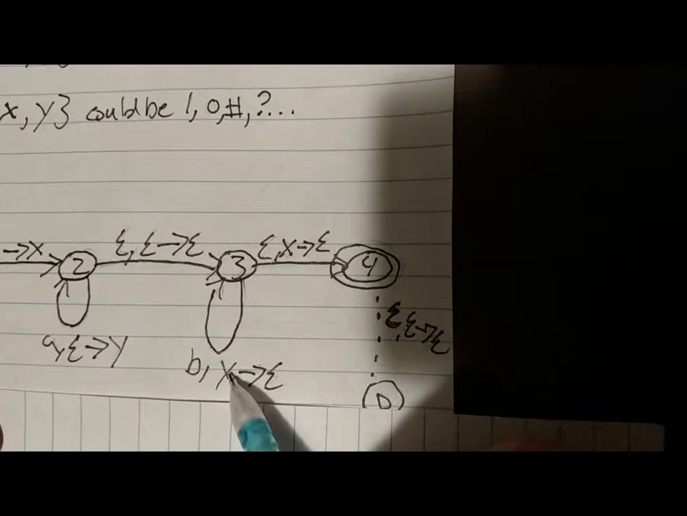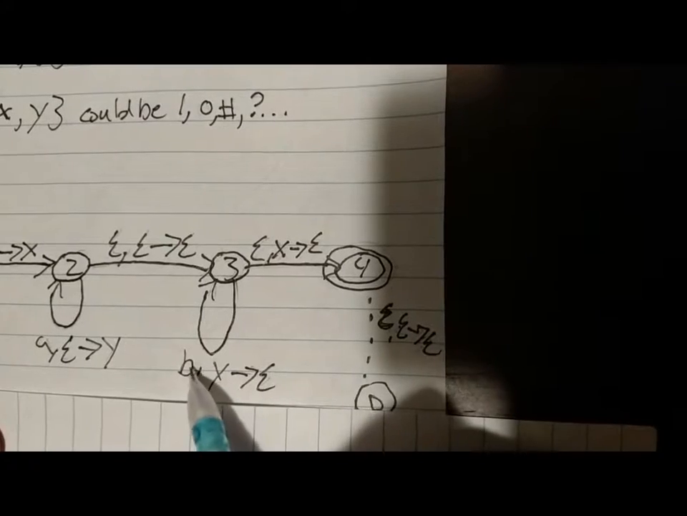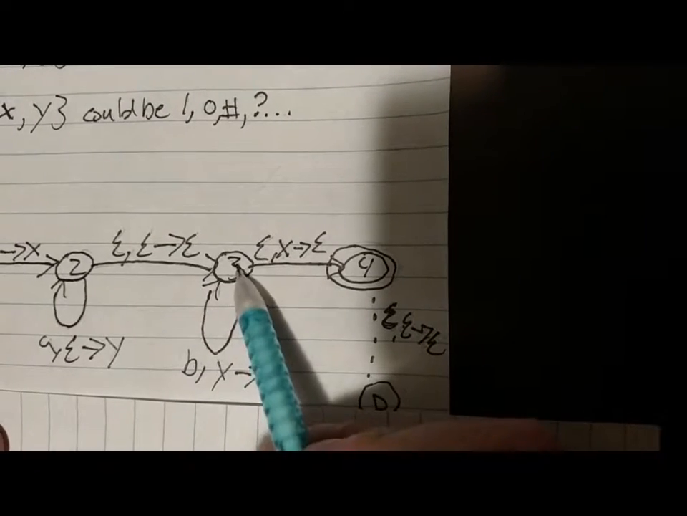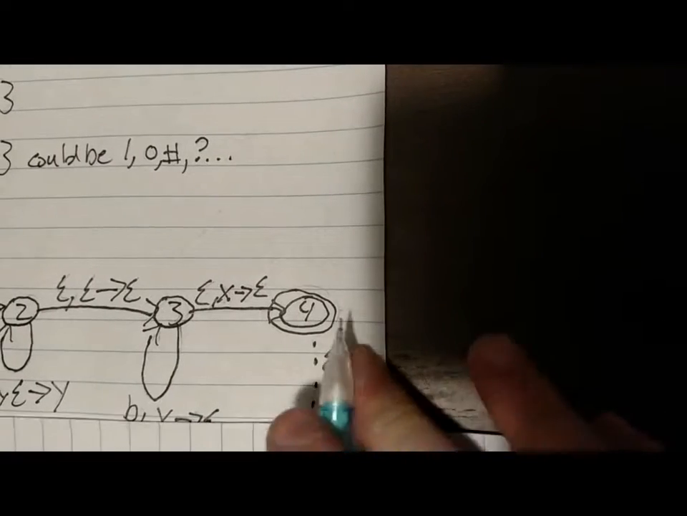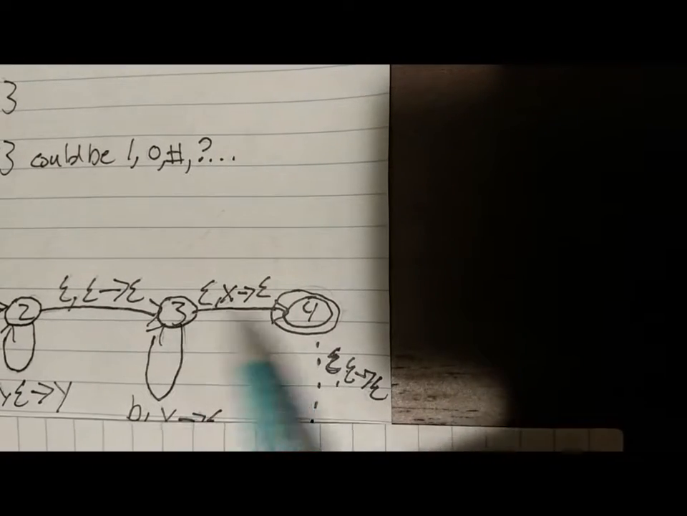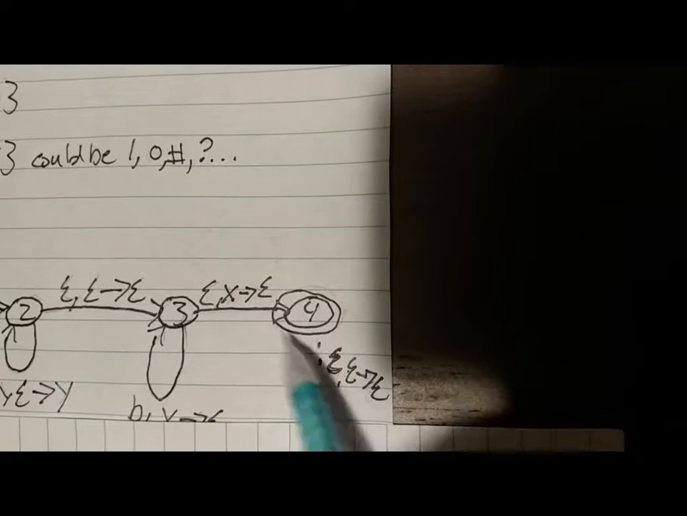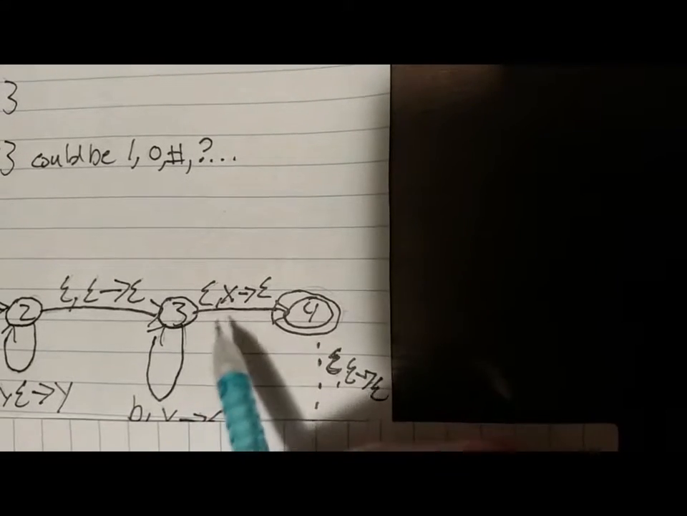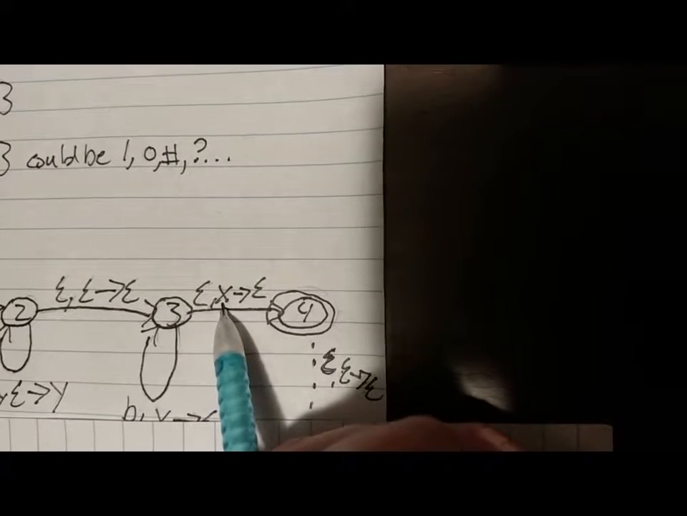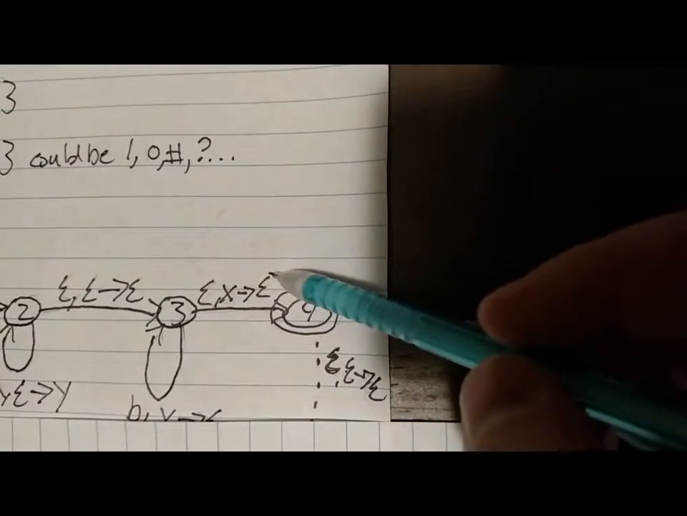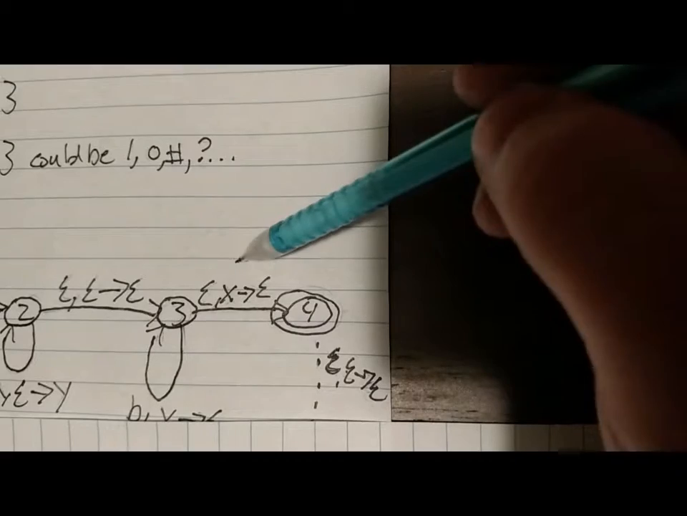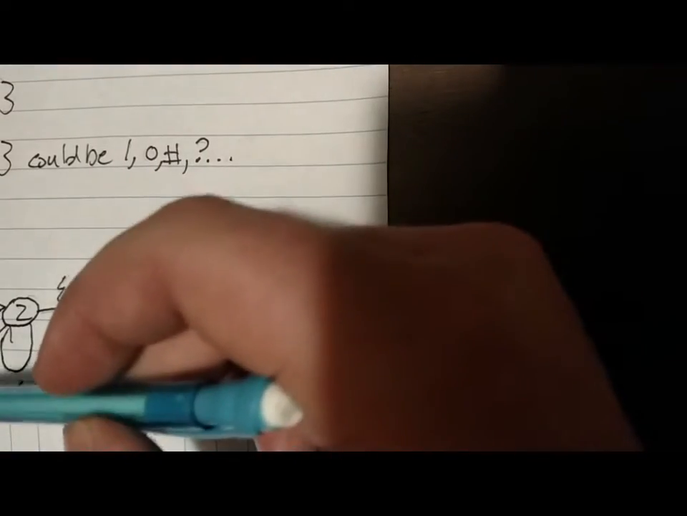Only if Y is at the top of our stack and B is our input can we make this loop back, and we're pushing nothing to the stack. Finally, we can epsilon to an accepting state 4 using no input and only if X is at the top of our stack, and we're pushing nothing to the top of the stack. Now here you can make note that the stack does not need to be empty